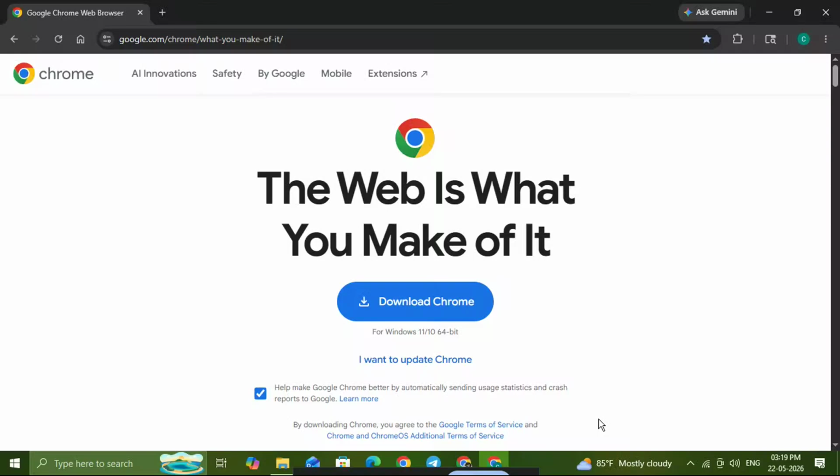In this video, I'm going to show you how to turn on or turn off Simplified View for web pages in Google Chrome. This is a really useful feature when you want to read an article, blog post, news story, or tutorial without all the extra clutter on the page. It makes the text easier to focus on, and it can be especially helpful for long pages with a lot